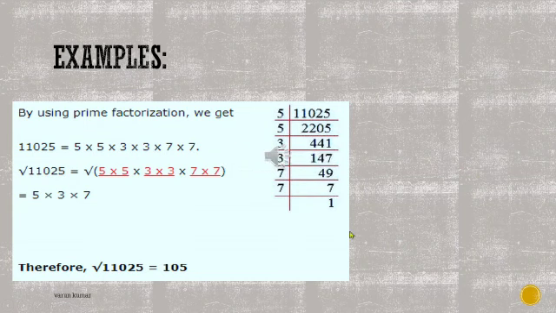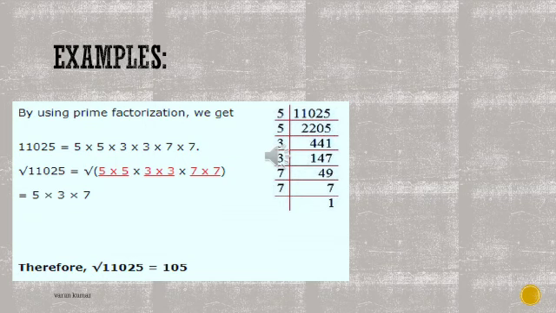See example. If we have to find out whether 11,025 is a square or not, then we have to find the prime factors of that, and we are going to pair the prime factors. When we pair the prime factors, we see that 5 is in pair, 3 is in pair, and 7 is in pair. Thus we can say that 11,025 is a perfect square, and after taking one digit from each pair, we multiply those digits, and that is the square root of that number. Example, 5 into 3 into 7 is equal to 105. So 105 square is equal to